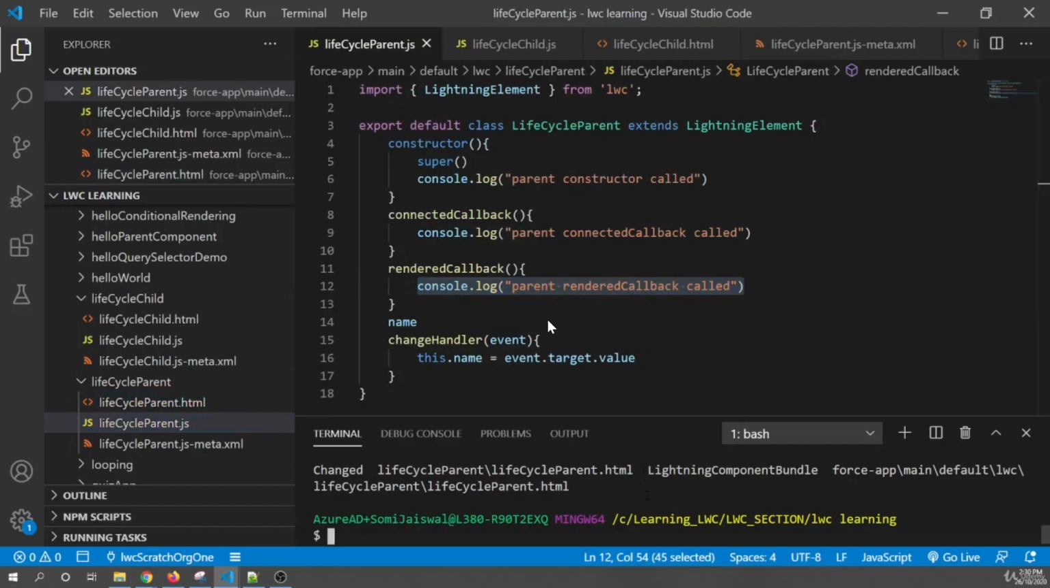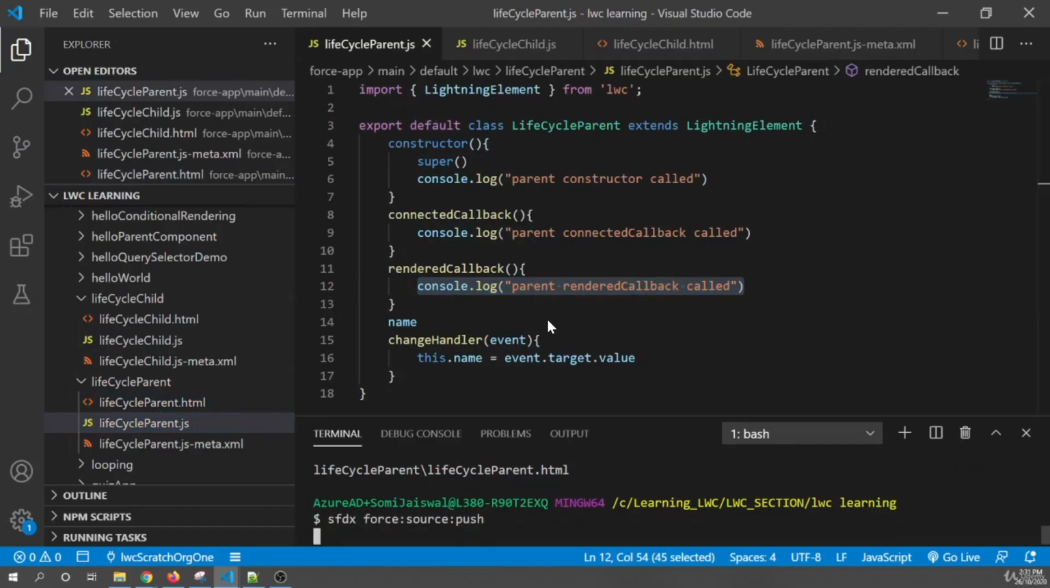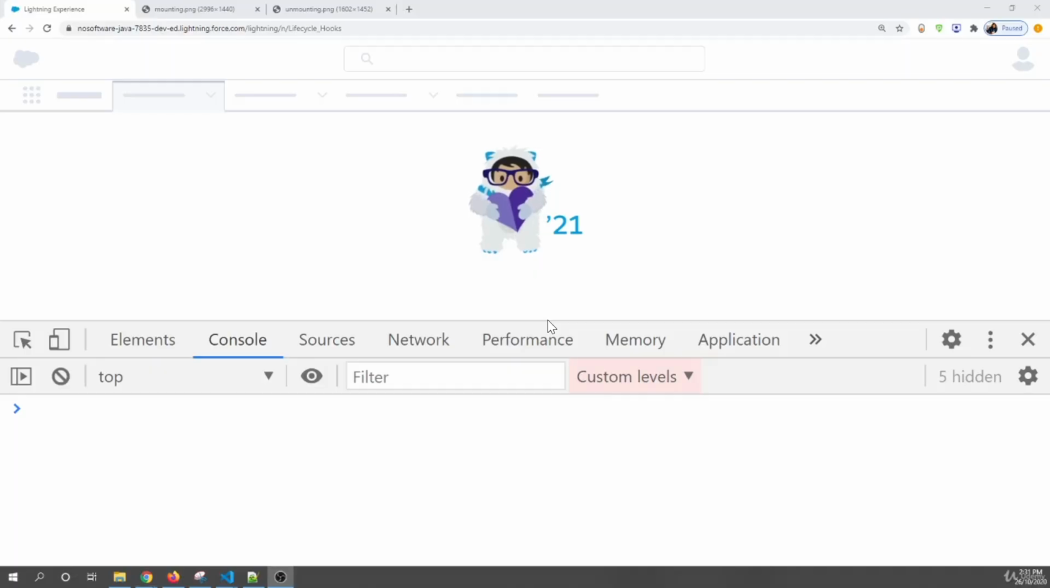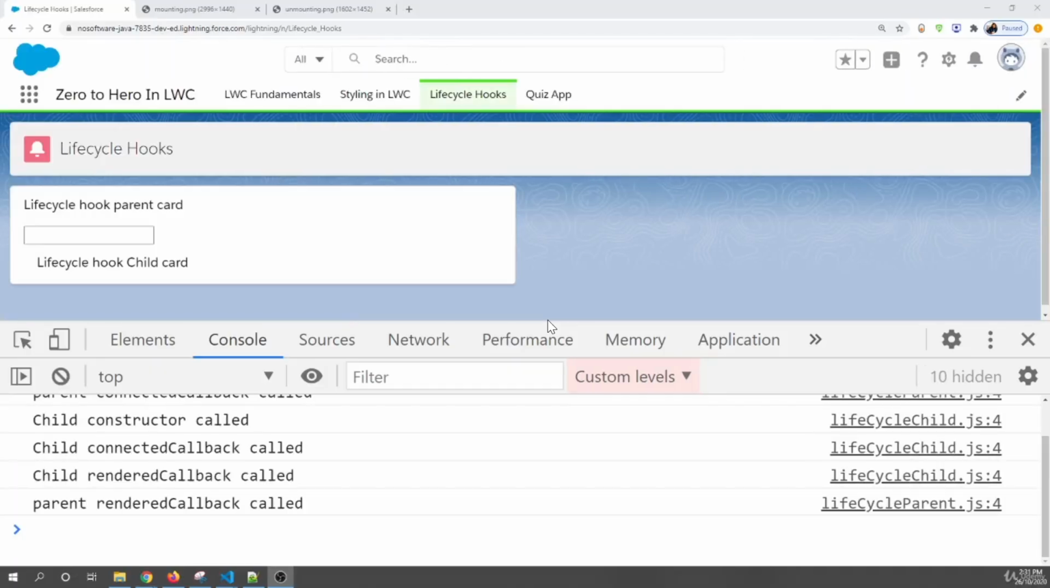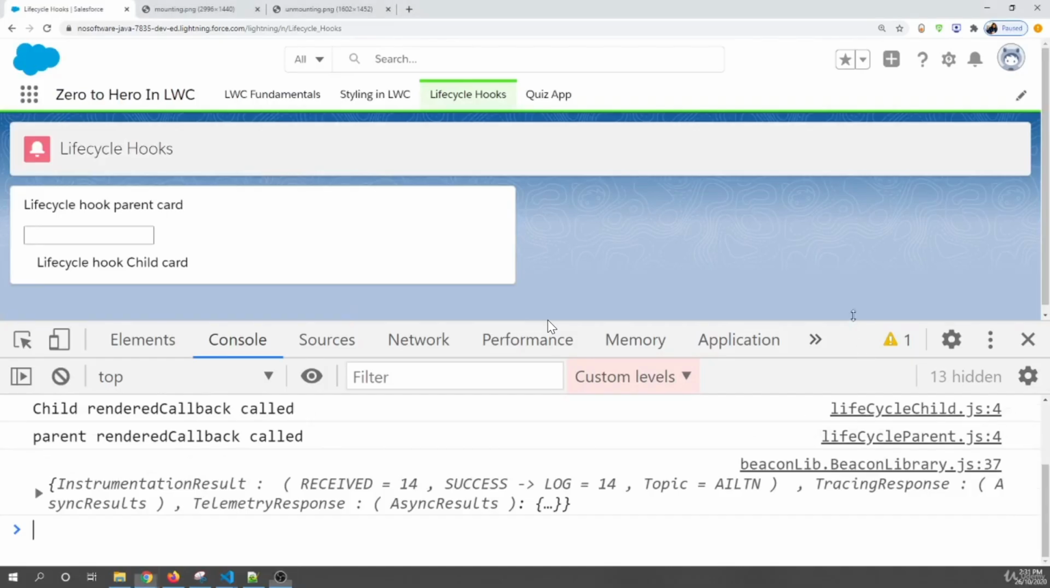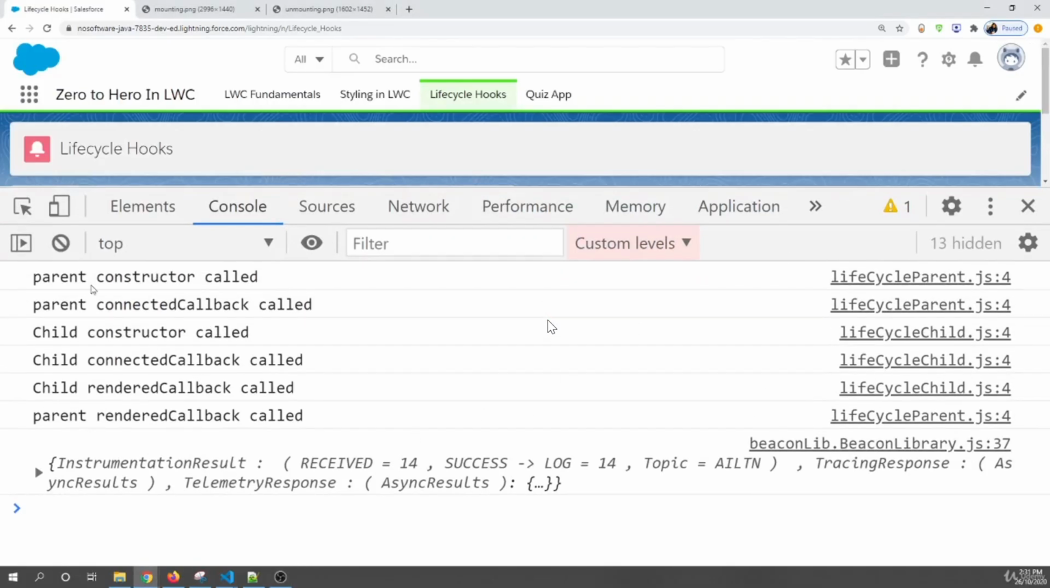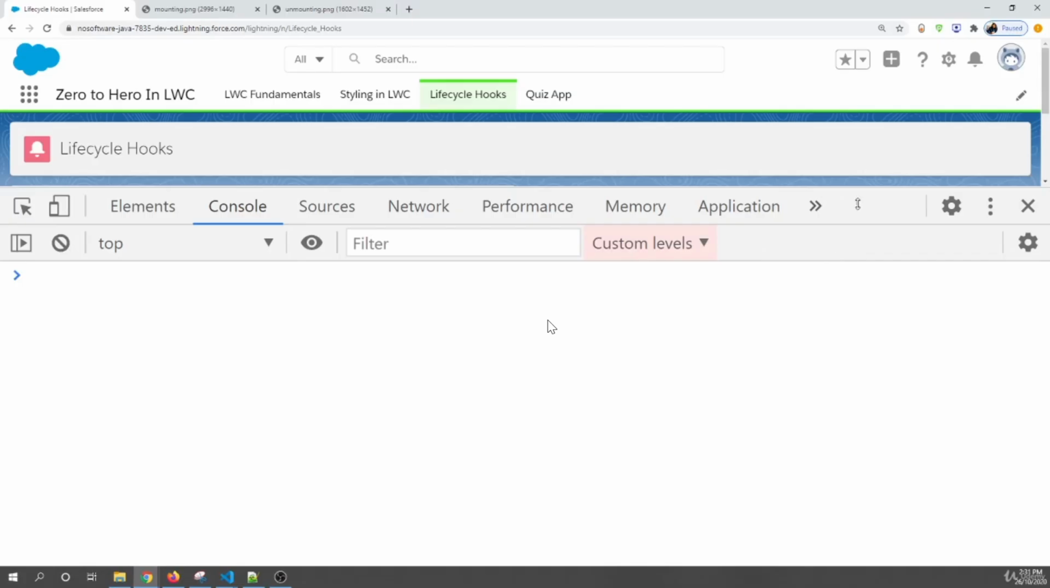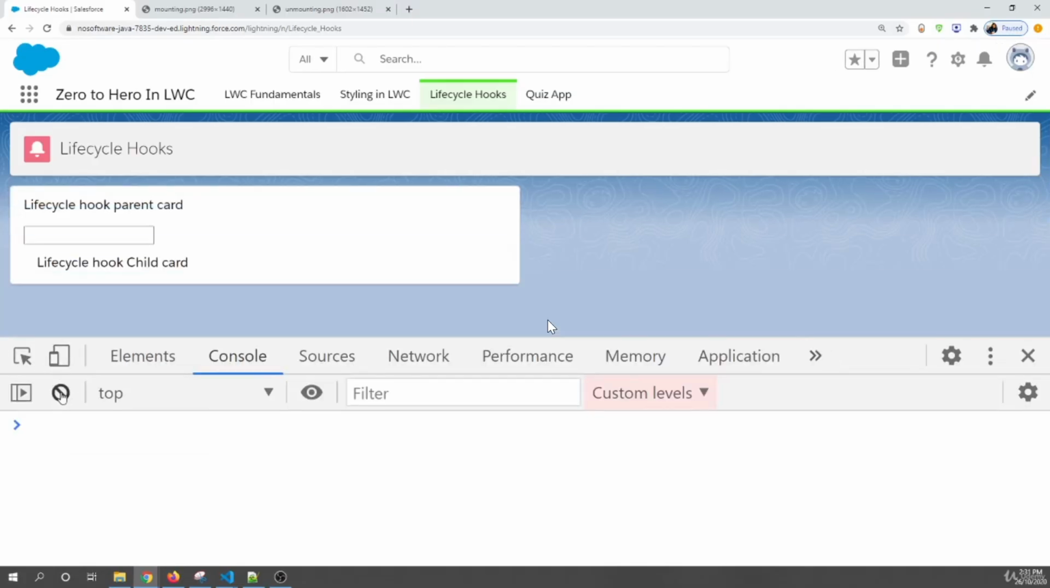Let's deploy this. Let's refresh the page, and if you see right now, the order is the same: parent constructor, connected callback, child connected, child render, and the parent render. I'll clean this up with this icon. You can clean your console. And now if I type